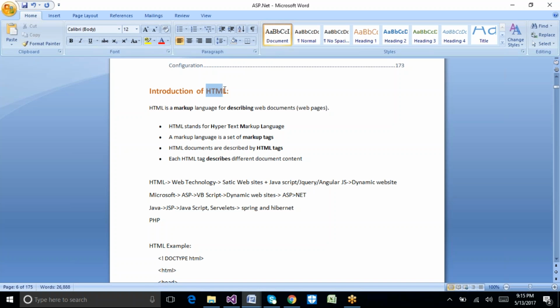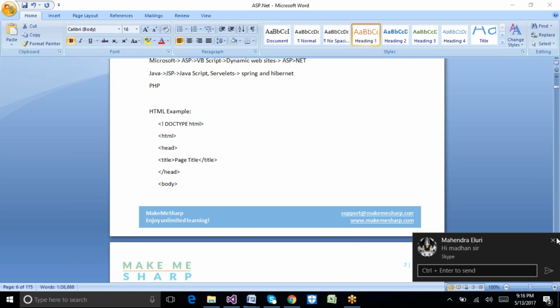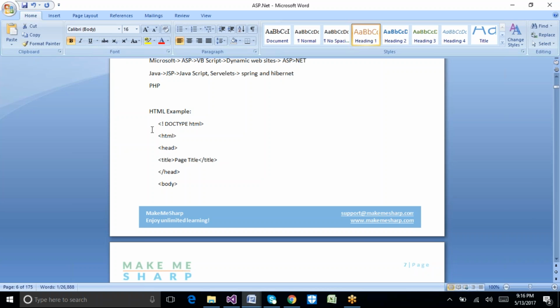The first and foremost thing we need to understand with HTML is the full form. Hypertext Markup Language is the full form of HTML. So what is this markup? It's a scripting language, we can say. The basic form of the HTML code is